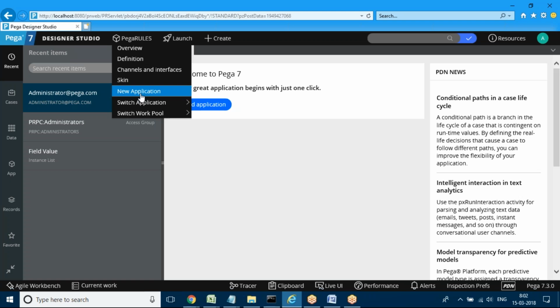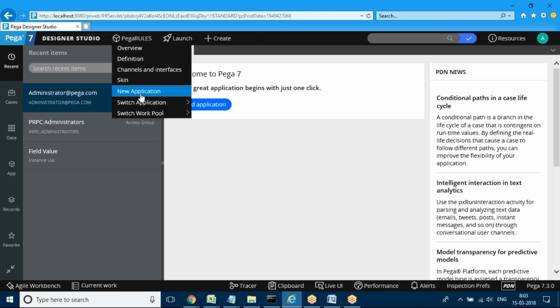In 7.2 we used to call it Application Express, but in 7.3 this is called the New Application Wizard. Some changes are also done inside this tool compared with the previous versions, and how it looks in the previous versions I'll discuss in the differences class.